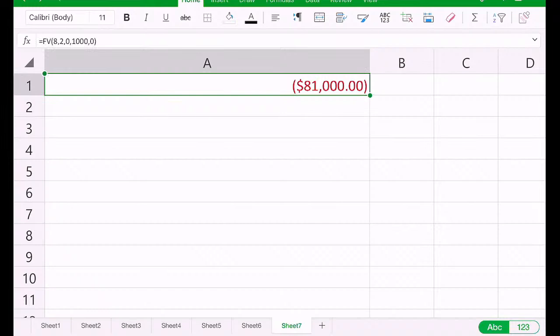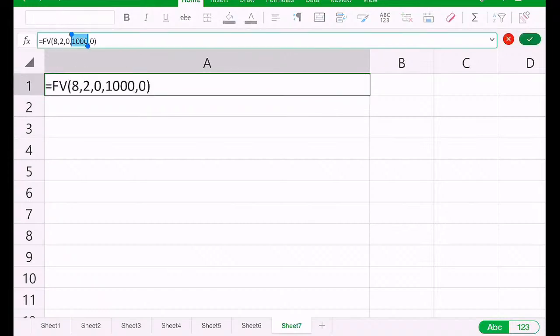Let's see if I did it right. Nope, I did something wrong. What did I do wrong again? I did not put the negative in, so this is very finicky. So what I'm going to do, because I don't want to spend too much time on this, but I just wanted to show you